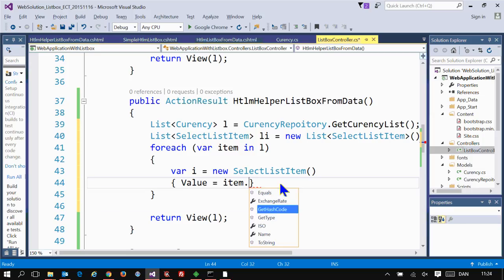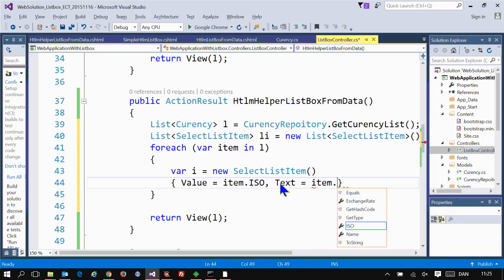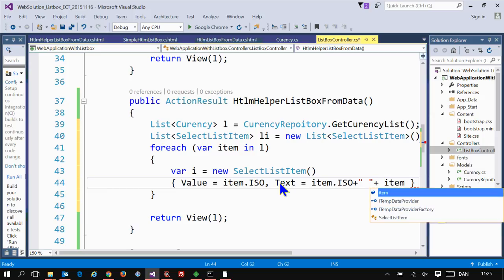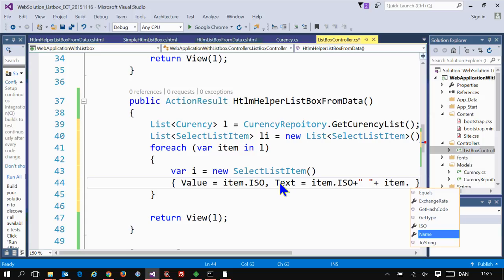dot, and it was the ISO we needed as this one, and the next one should be the text, and the text one should be the item dot ISO, and then probably we'll add a space, and then plus item dot. Now you see we need to do that more than once. So maybe we should make a little change in the model,